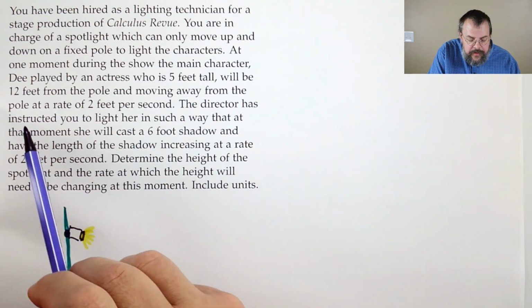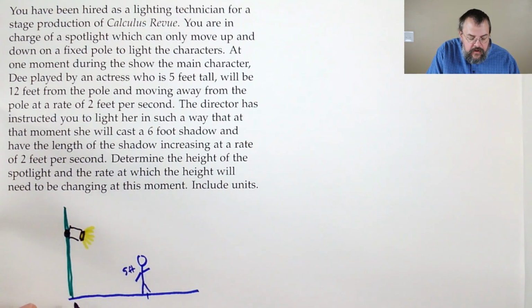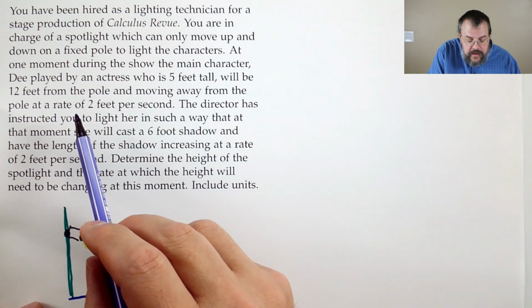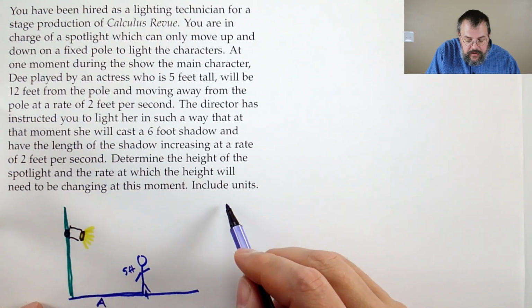She's 12 feet from the pole and moving away. So this distance here from D to the pole, it's going to change. Since it's something which can change, we give it a variable name. Let's call it A. Now, what do we know? We know that A is equal to 12,